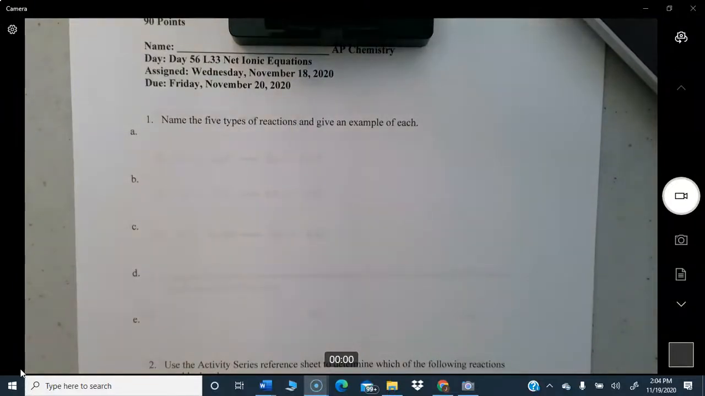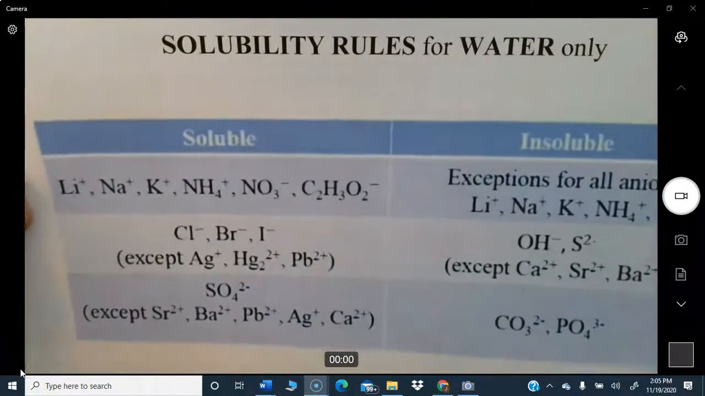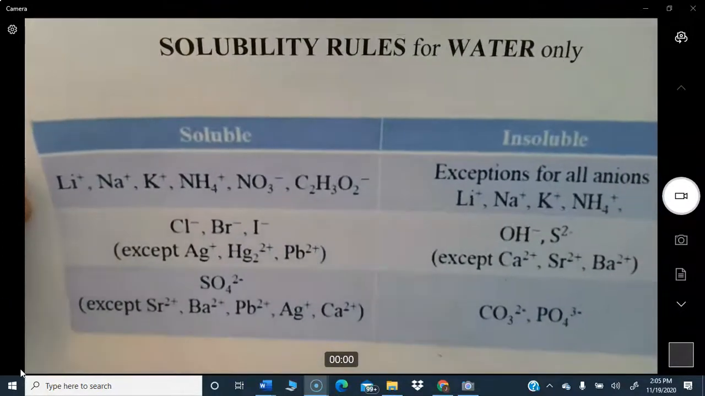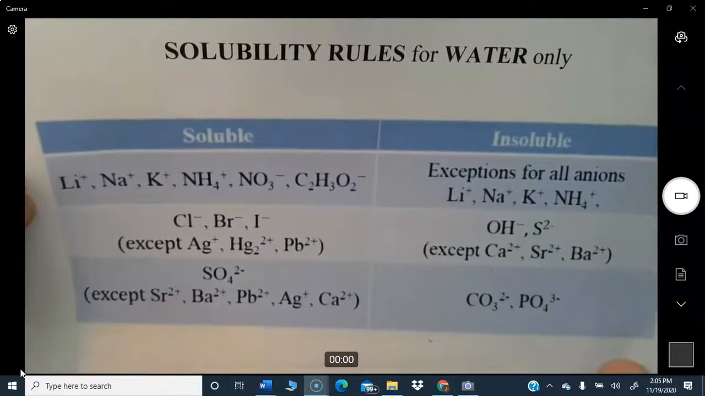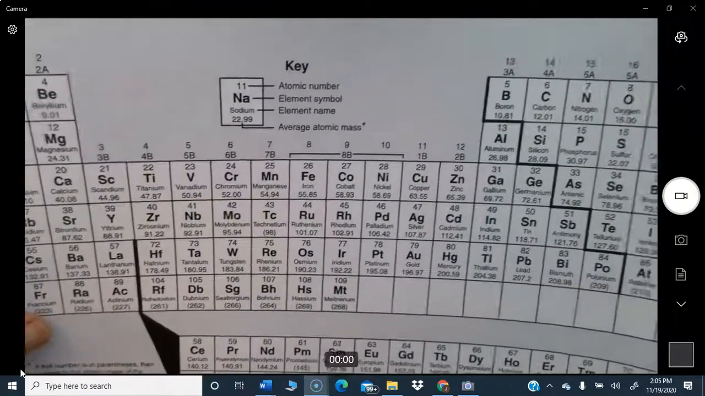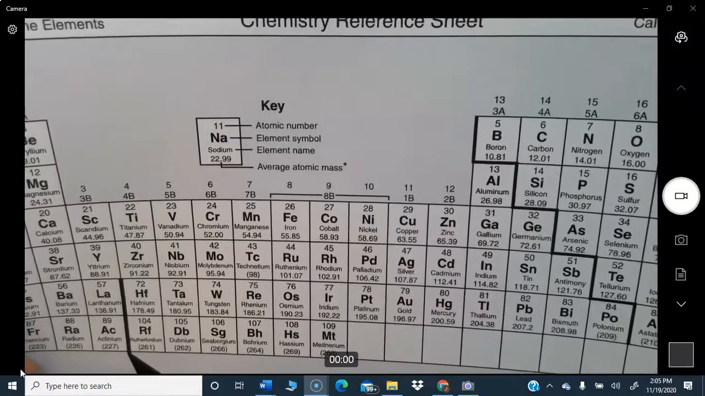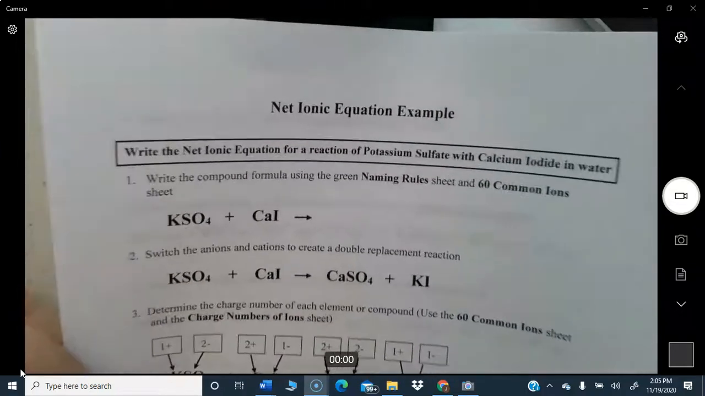Okay, the next thing you should have is the solubility rules for water. And it's for water only. It's not any liquid that you decide to put these things in, but it's for water. So have that available. Of course, you should always have available a regular periodic table. This is just the standard one that we've been using in the course. And also you can pull up in the reference sheets this kind of condensed